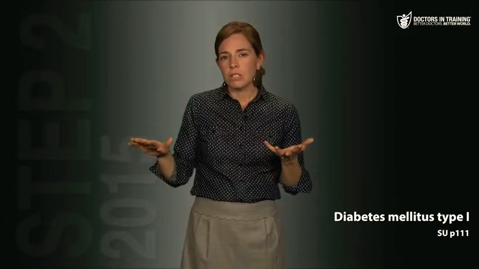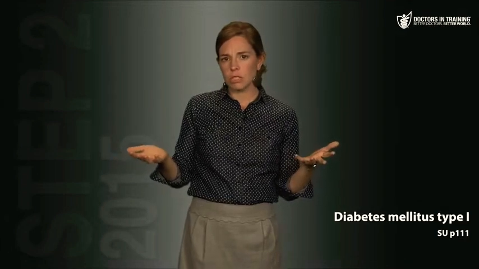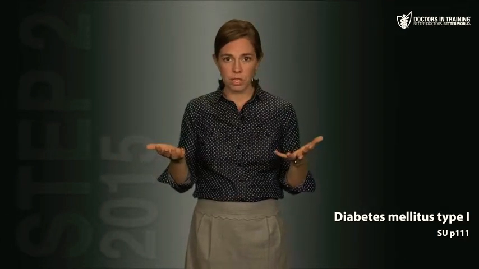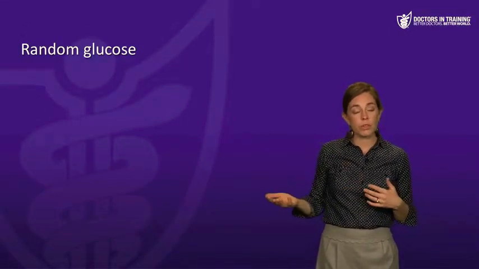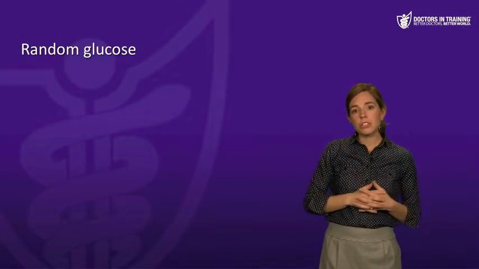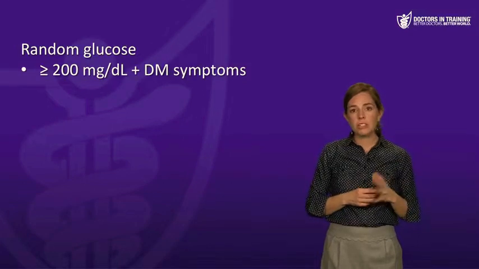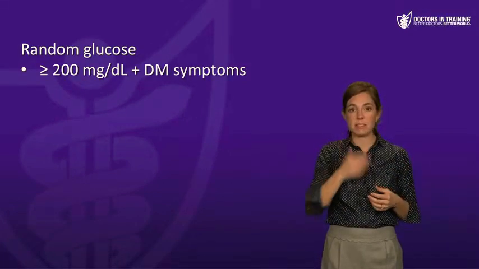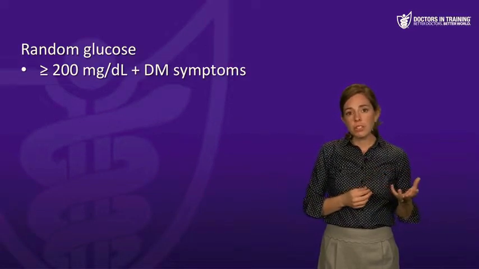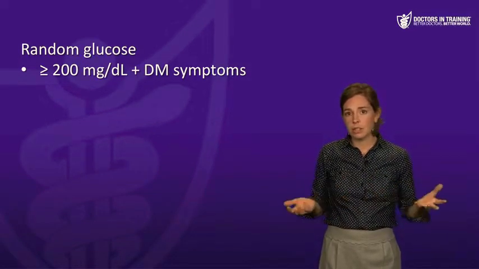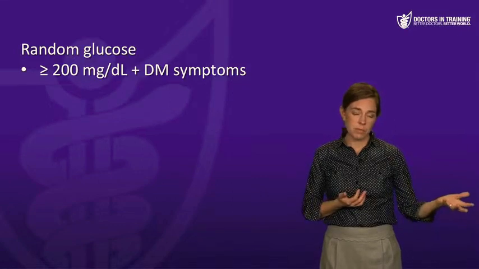For asymptomatic patients, it's usually good to get 2 different results to be sure the diagnosis is for real. The first type of glucose test is a random glucose, where timing with food is not known. If the random blood sugar is over 200 and the patient has the polys and weight loss, that is, the symptoms of diabetes, that's diagnostic enough. Just having a blood sugar of 200 by itself doesn't diagnose diabetes unless they also have the symptoms, although it's